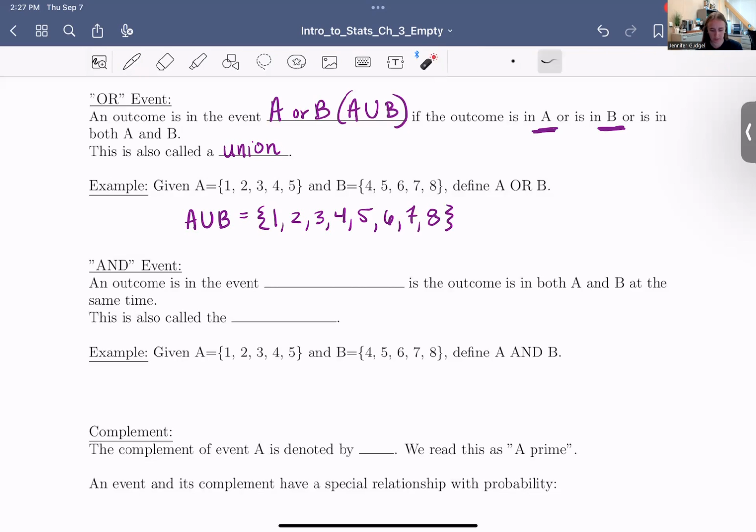So you see all of the pieces are represented somewhere. 1, 2, 3, 4, 5. 4, 5, 6, 7, 8. That's how we get an or. It's like an overlap. An and event,